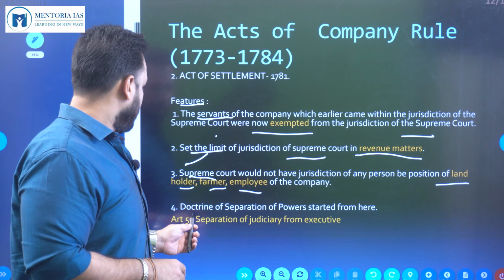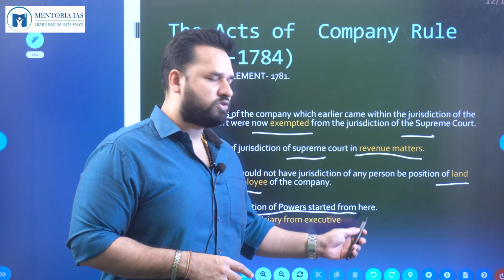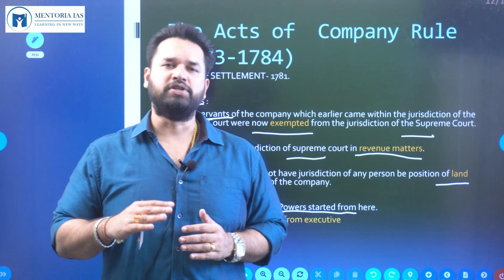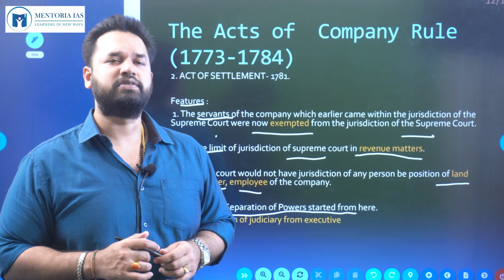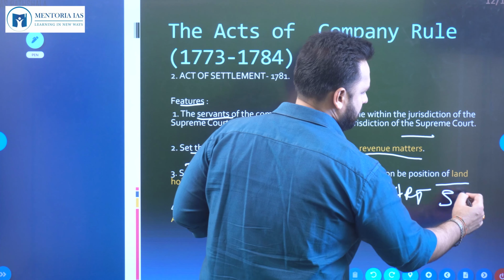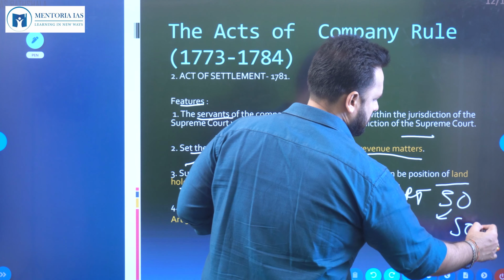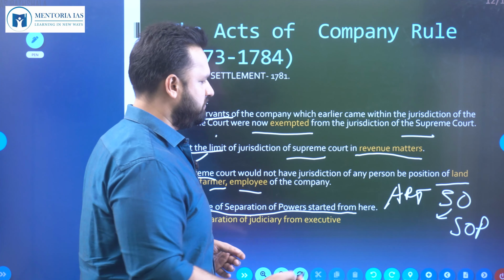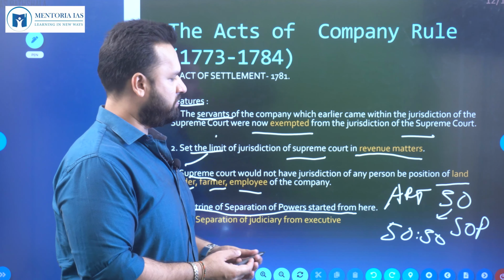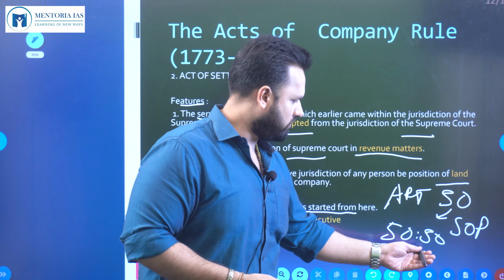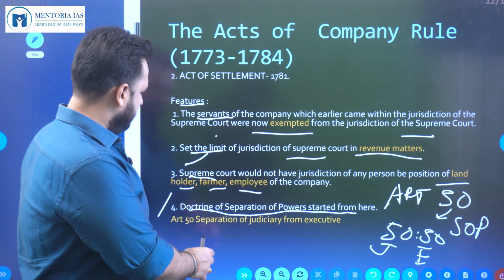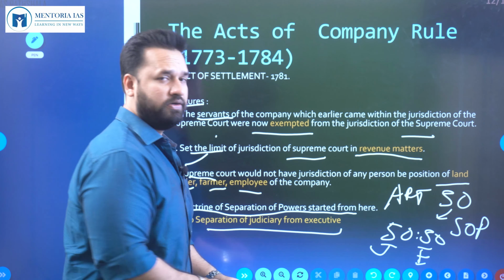So to remove ambiguity. Next, the Doctrine of Separation of Powers was started from here. Okay. What is the article that deals with separation of powers, separation of judiciary from executive in our present constitution? It is Article 50. What is the trick to remember this? 50% of power, it is Britannia 50-50, right? 50% of the power is jurisdiction with judges or courts, 50% is with executive or legislative. So Article 50 talks about separation of powers. That is how you remember.